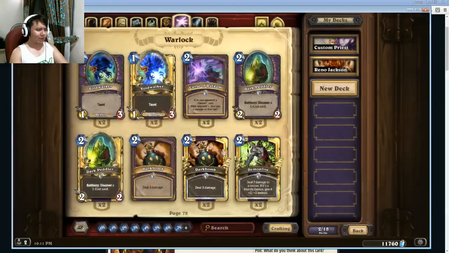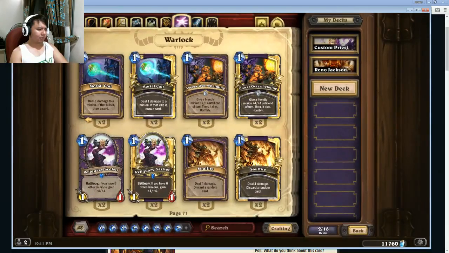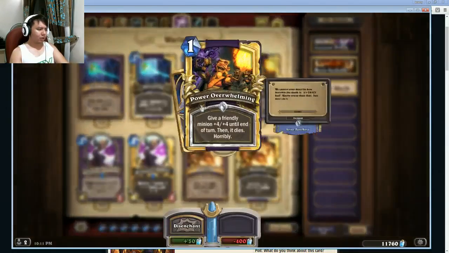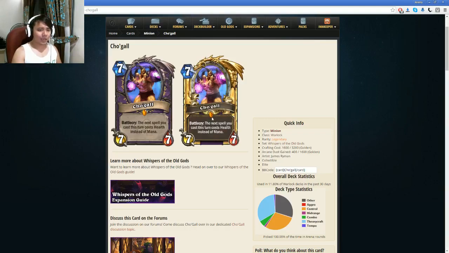Dark Bomb is cycling out, so that's kind of bad, and Demon Flame is okay. This is okay, this is okay, that is okay. So overall, it's a pretty okay card if you look at it that way. Obviously, the best combo is with Siphon Soul, and probably Dark Bargain in my opinion. Maybe Bane of Doom, because Bane of Doom can make for some